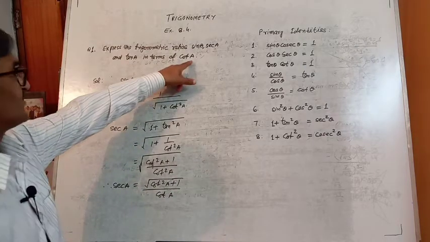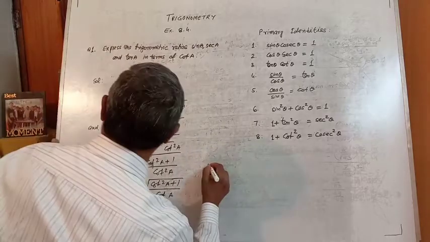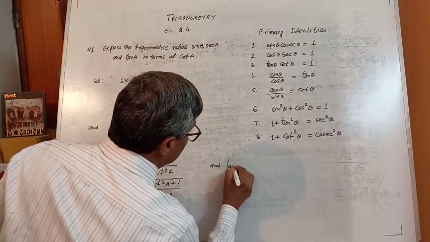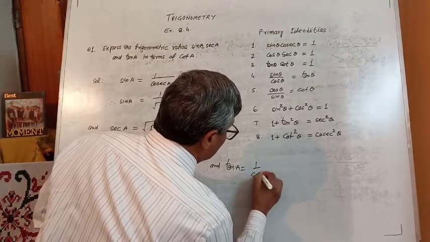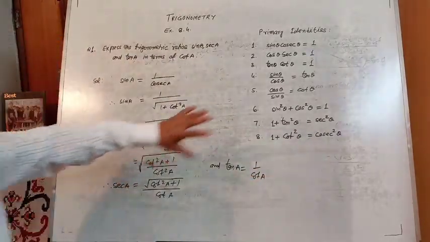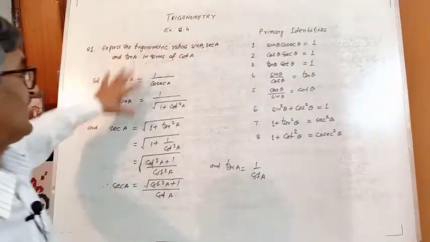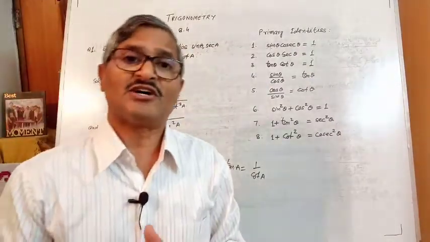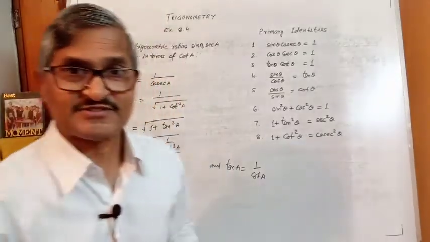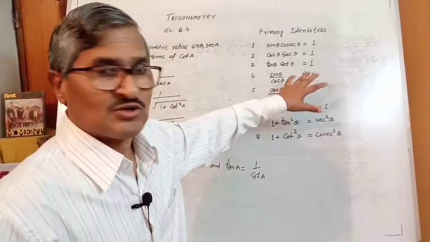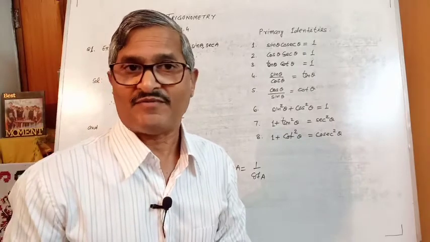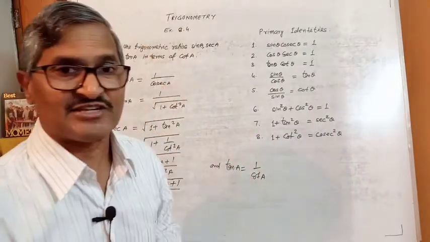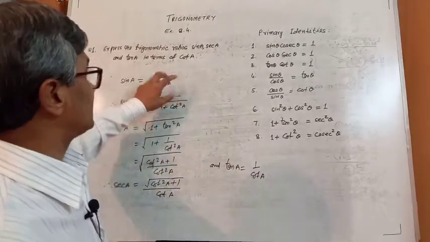Now last, tan A. This is very simple because tan is directly related to cot, so we can write 1 upon cot A. This is the answer. So if you remember these identities, then only you can express any ratio in the form of other ratios. For this, remembering these, you have to practice how to change one ratio into the form of another ratio. For that only this exercise is given. So you must go through these exercises of expression.